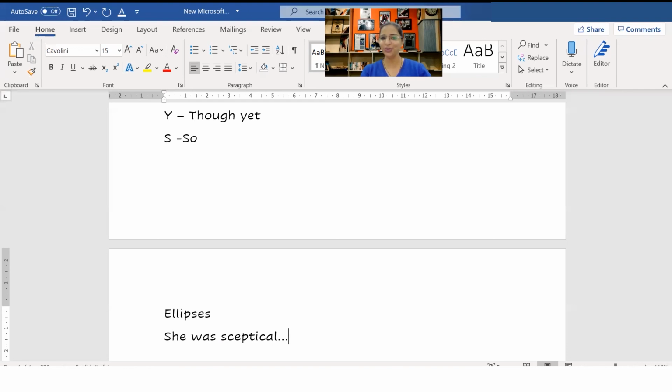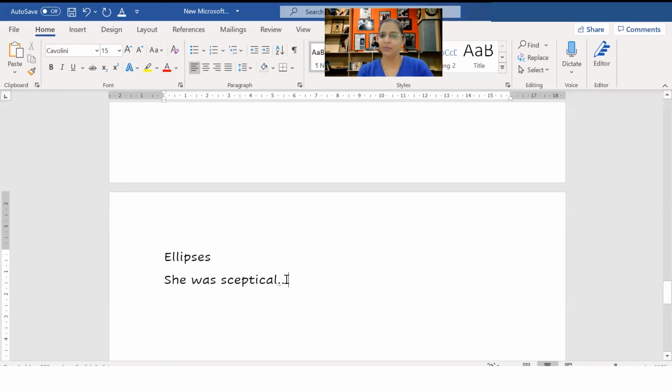How many of you use more than 3 dots? It's only the 3 dots always. These are called ellipses, to bring in more impact, to let the reader pause and soak in what he or she has read. So: she was skeptical. Was she ready to live, or did her life come to an end? All of that is called ellipses.